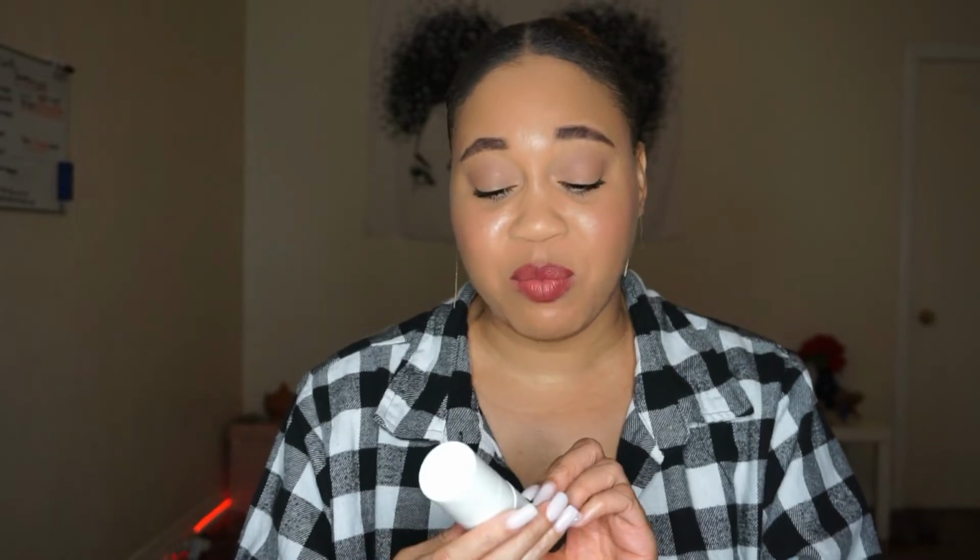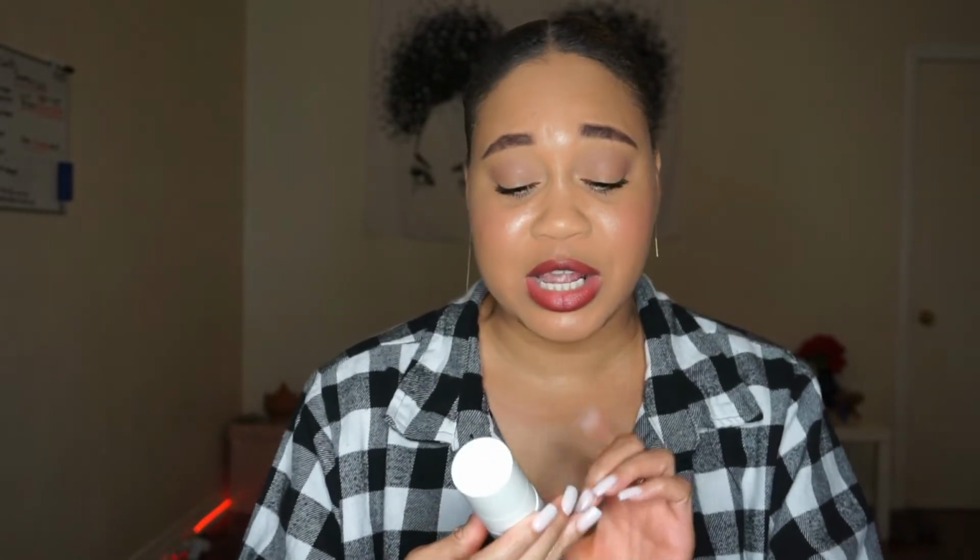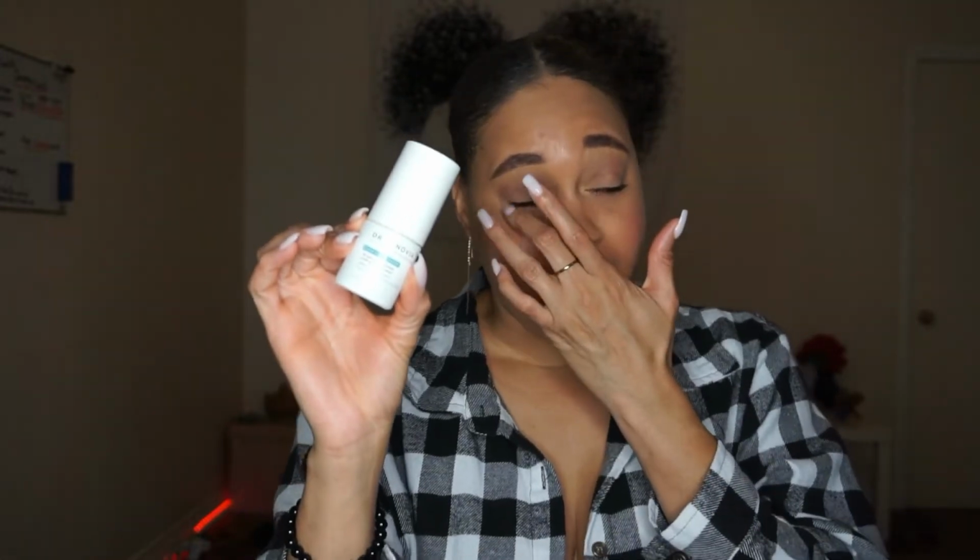One of my favorite products by Dr. Zenovia that I love for a spot treatment with benzoyl peroxide in it is their 5% benzoyl peroxide acne spot treatment. I have a full video on this. I adore this product. This is something that I use when I am trying to heal up a pimple, or like I have to go to work, I have to wear makeup,